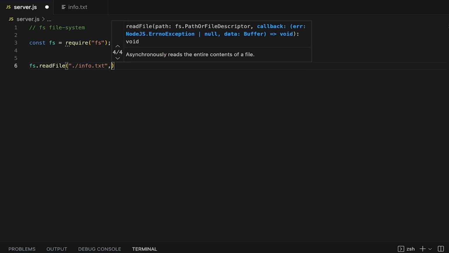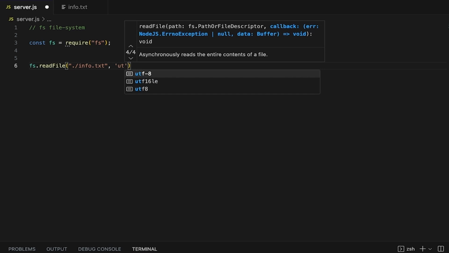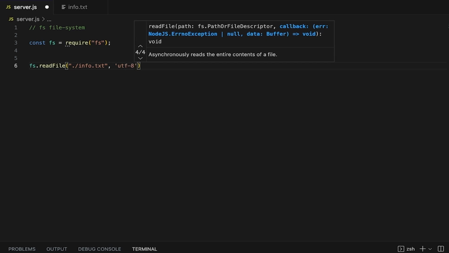And then this has a callback function. Before we type in the callback function, we need to type in the pattern, the format, that's the right word, of how I want the text to be printed out. Because if we don't add this format, it's going to be printed out in binary form, I believe. So after we type in UTF-8 format, which is the actual human readable format,